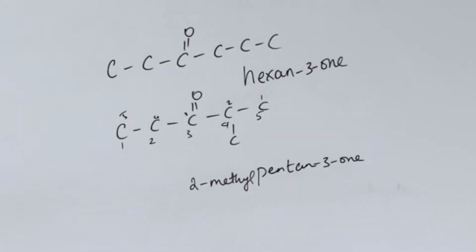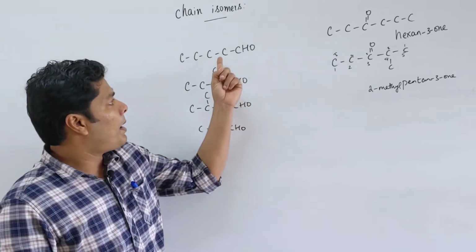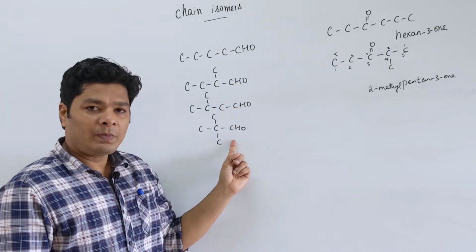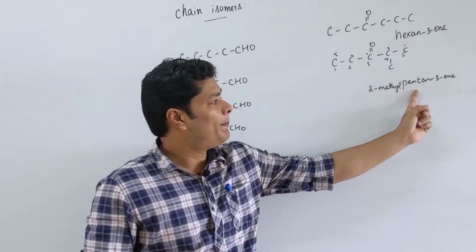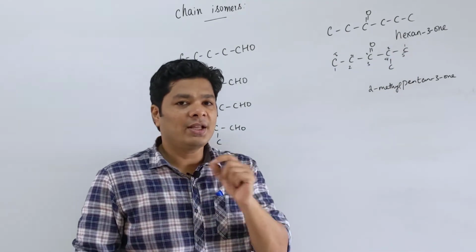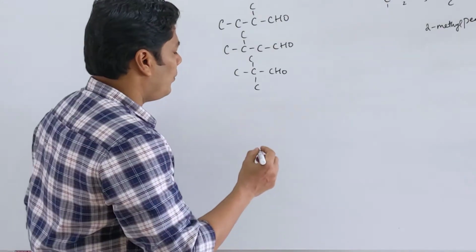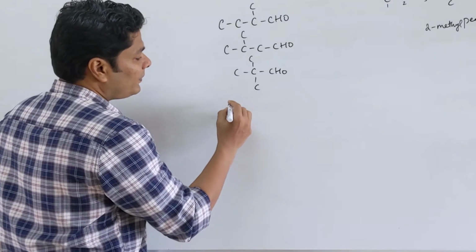So how do you identify chain isomers? Extremely simple. The root name is going to be different. Pent, bute, prop. Here hex, pent. So the root name is different. So that is how you know your chain isomers. The longest chain itself is going to be different. We can go into the next one,